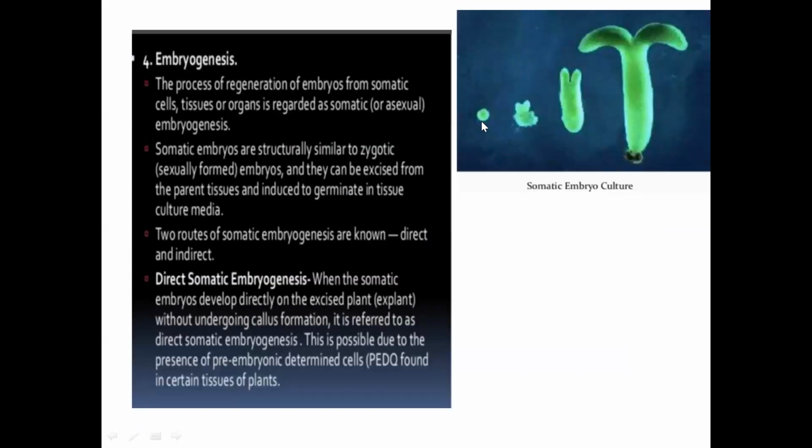Embryogenesis: how from the callus tissue you can give rise to the embryo. What is the difference between an embryo and a normal somatic cell? An embryo will have polar regions, a place for shoot initiation and a place for root initiation. So it will be bipolar in nature. It will have a polar structure. So only if the callus develops a bipolar region can it be called an embryo.